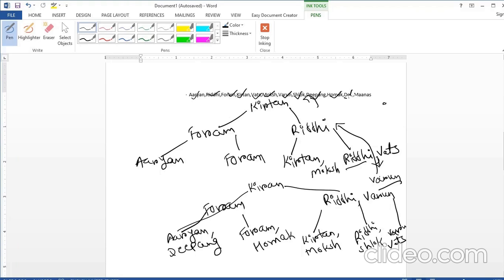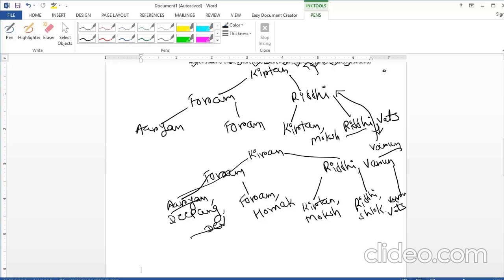Now the next value is Dev. So Dev will be inserted after Dipang here, right? But there are three values, so we need to split this tree, and the middle value, Dipang, will go one level up here. So now after splitting, the tree would be like this.